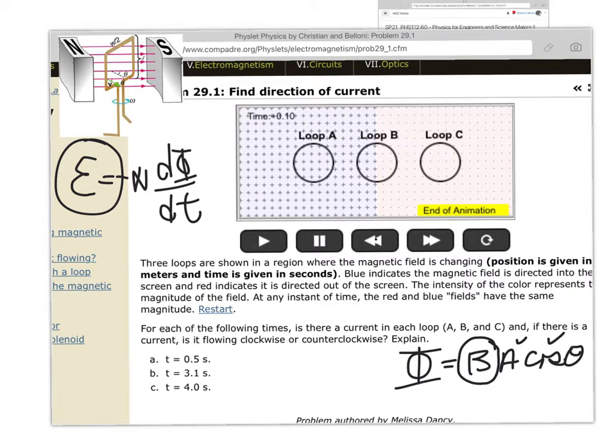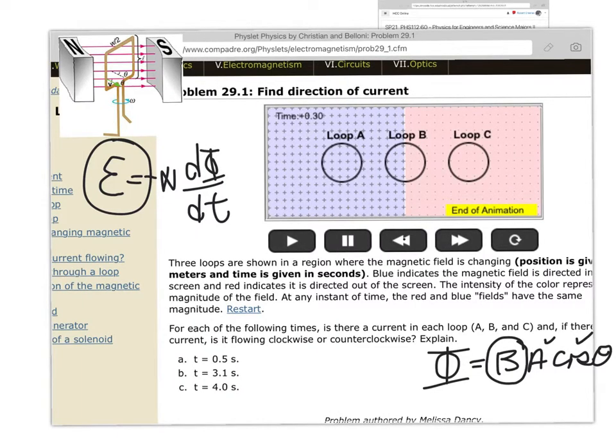So what does that mean? That means that the induced EMF and the induced current have to oppose the change. And remember, it's opposing the change in flux. It's not opposing the field, it's not opposing the flux, it's opposing the change in flux. There's where you're going to get confused. And so the induced current, since the field into the page is increasing, little x's or plus signs are increasing, we need to generate a counterclockwise